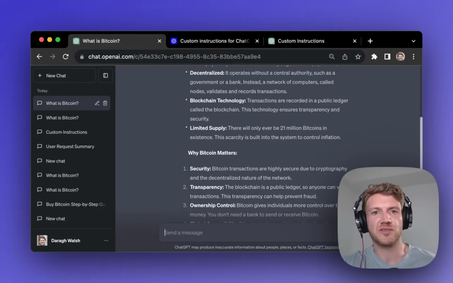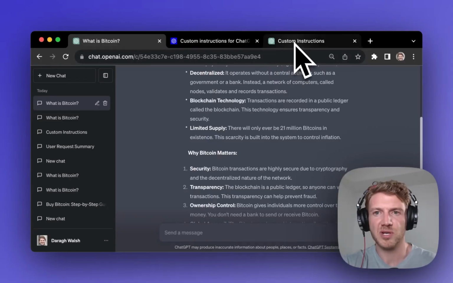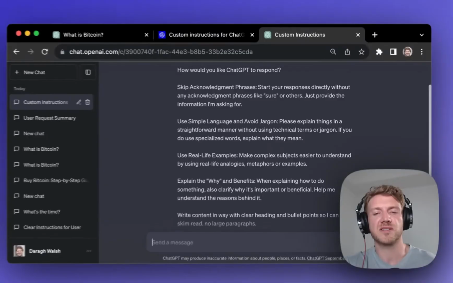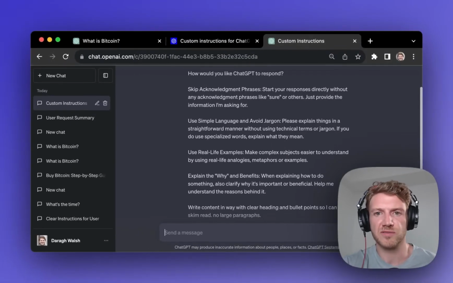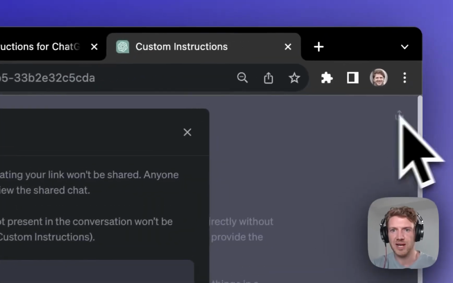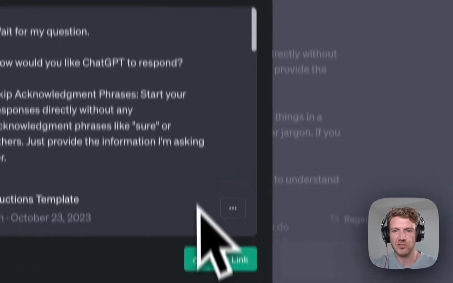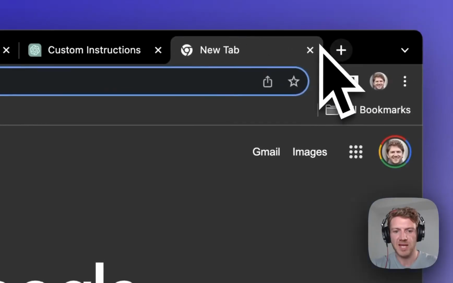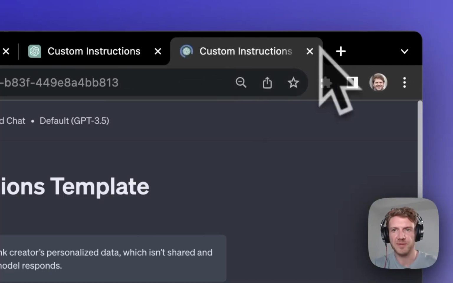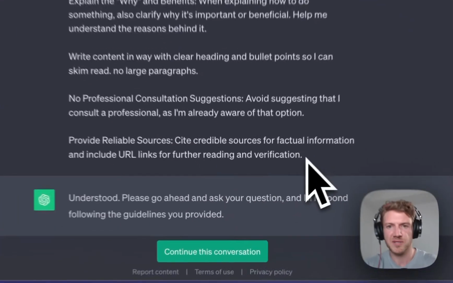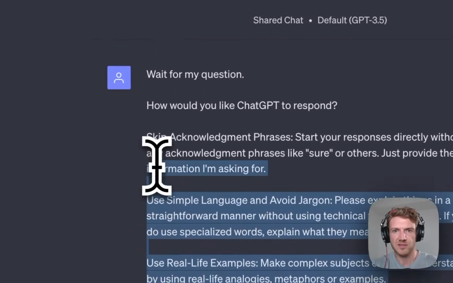Of course, you can just program it however you want your responses to be, but I do want to share the custom instructions that I've input here because I think you can use them regardless of your role. These are quite general. So what I will do is share these custom instructions. You'll find this link in the description and you can just open that up and then you'll just be able to copy these custom instructions